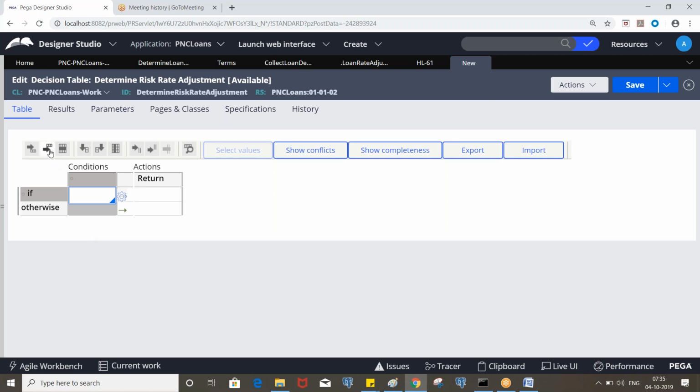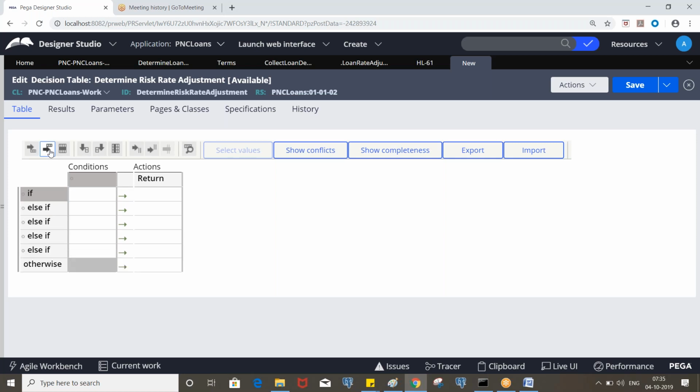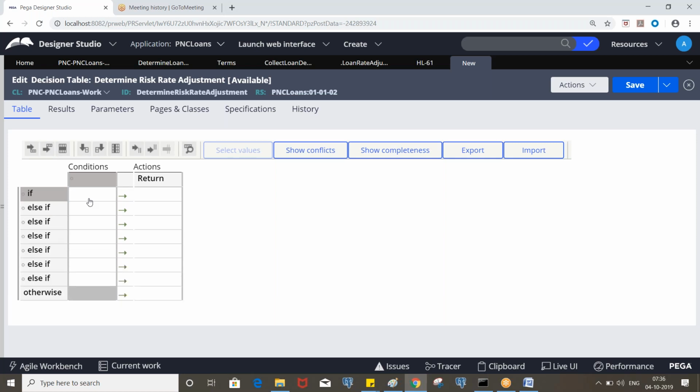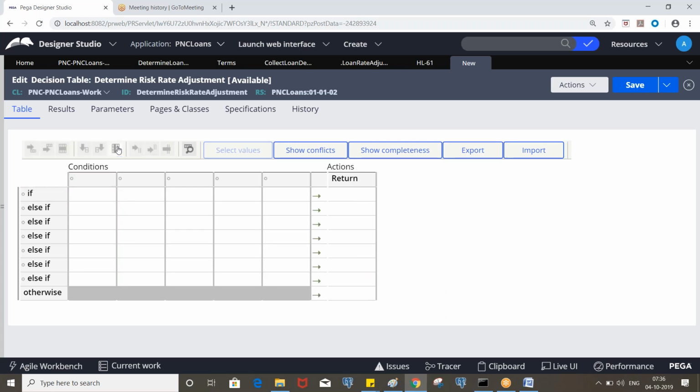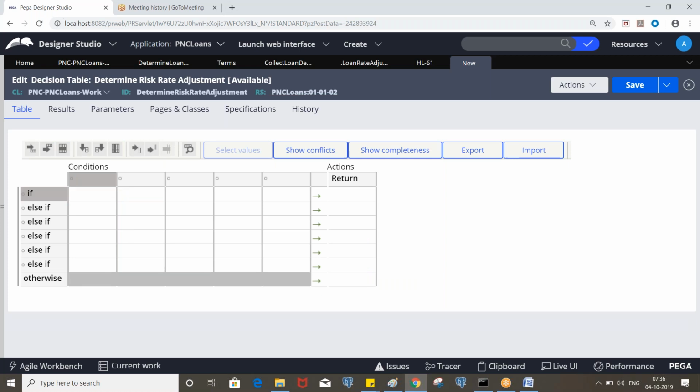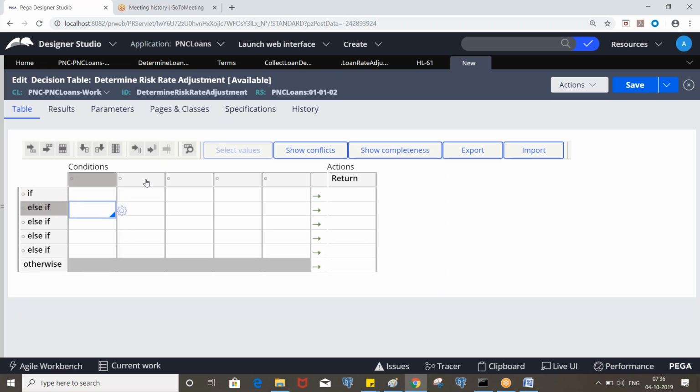Now see, you can put multiple rows and multiple columns like this, and you can remove rows and columns like this. Here we need to specify the properties. Let's say if 5 properties are involved, you should have 5 different columns.